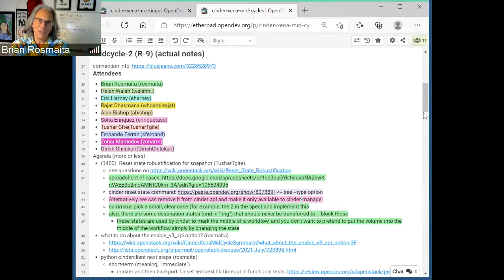Now, from what I can tell, it depends on where the build lands when Zuul goes to do it. We've got a test that does backup create and delete. So it creates a volume, creates a backup, deletes the volume, deletes the backup, all in the same test. And sometimes it takes longer than others. So some tests, that whole thing's done in 45 seconds and yippee. And then other times it takes more than 65 seconds. And that's where we're hitting the 60-second timeout that's causing the test to fail.